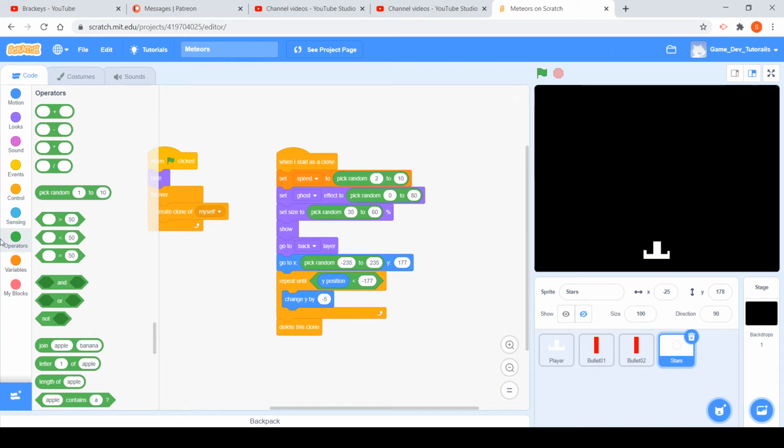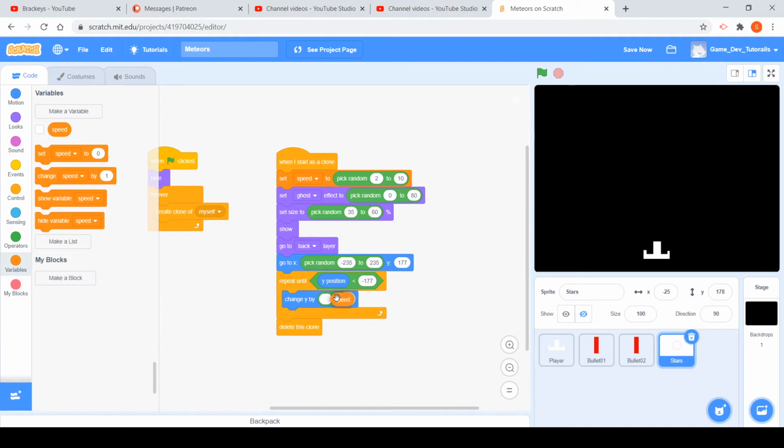Then, in the change y by, since we don't want them to go up, right now, they will go up, because 2 and 10 are positive. So in order to make it negative, we can just say change y by speed multiplied by -1. Just like that. Now, when we press play,